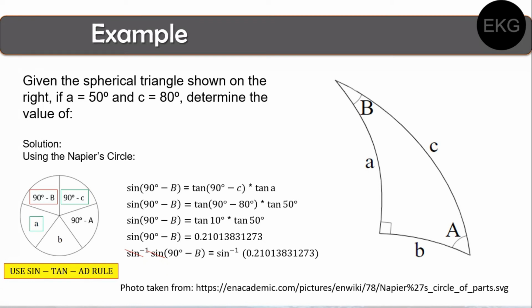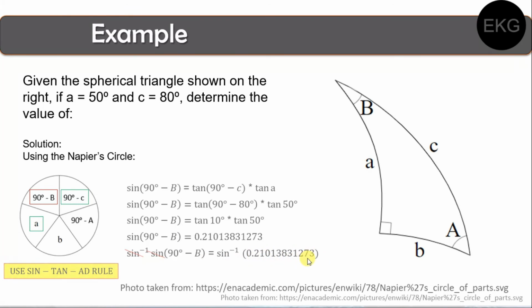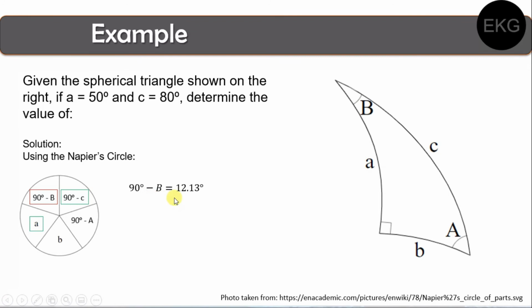Matitira sa left side of the equation will be 90 minus B. At dito naman is the arc sine of this decimal. So 90 minus B, take the arc sine, will be 12.13. Itong negative B, lipat natin sa kabila, magiging positive. Ito naman, lipat natin dito sa left side, magiging negative. So simplifying, we have B is equal to 77.87 degrees, or in degrees and minutes, it will be 77 degrees,